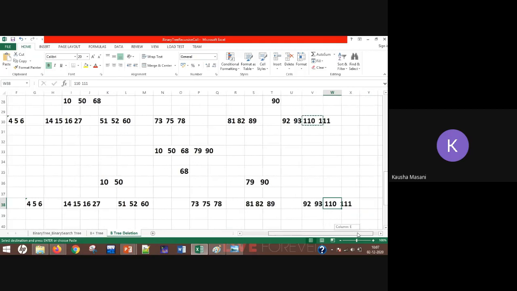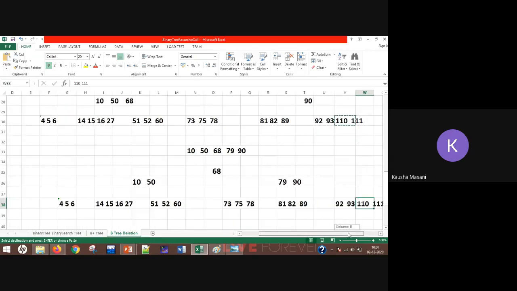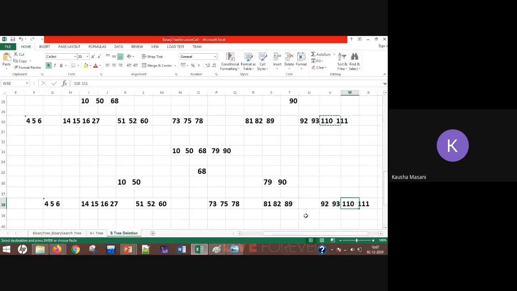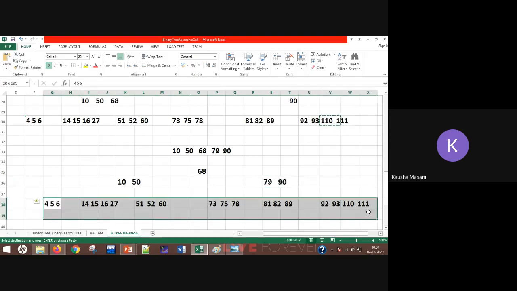93, 92, 93, 110 and 111. So this is your final tree. You see, root node में एक वैल्यू चलेगी. ठीक है, रूट नोड वन वैल्यू इज अलाउड, वन की वैल्यू इज अलाउड. बाकी के सारे नोड्स में, इंटरनल नोड्स जो है वहां पे मिनिमम नंबर ऑफ वैल्यूज होनी चाहिए. So there are minimum number of values. Okay, and these are the leaf nodes which are at the same level. So I am satisfying all the properties of my B tree.